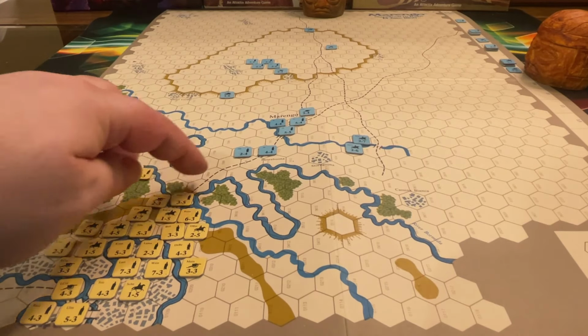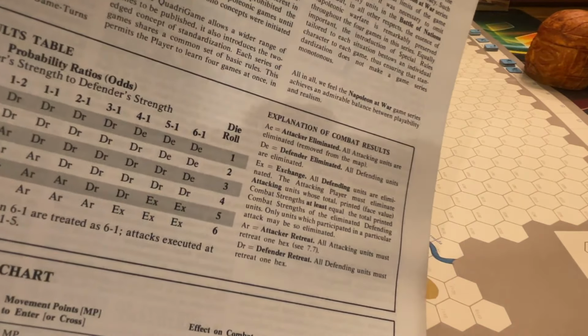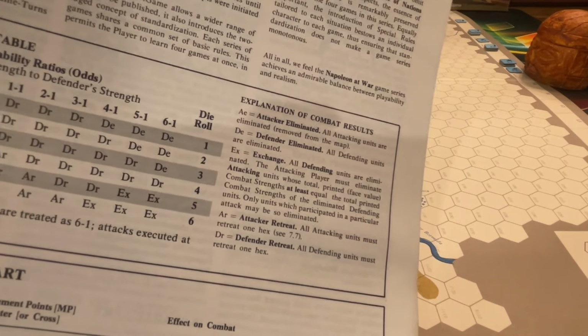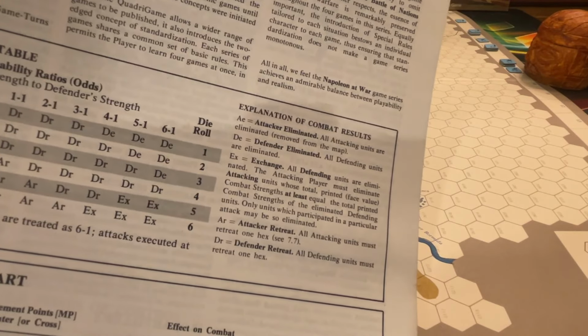These trails through these roughs will only cost 1 instead of 2, etc. All right, one thing to remember is on these odds combat results table, you may lower your odds as an option. So if you have a 4 or 5 to 1, for example, and you're trying to avoid that exchange result, you could lower it to a 3 to 1, where the worst that can happen to you